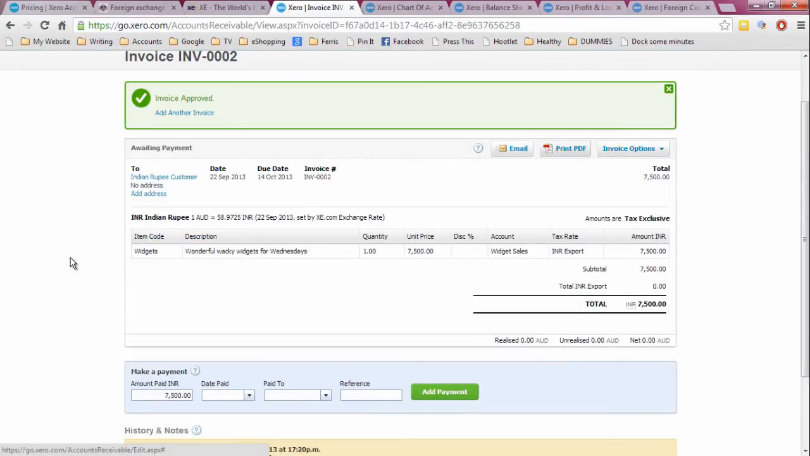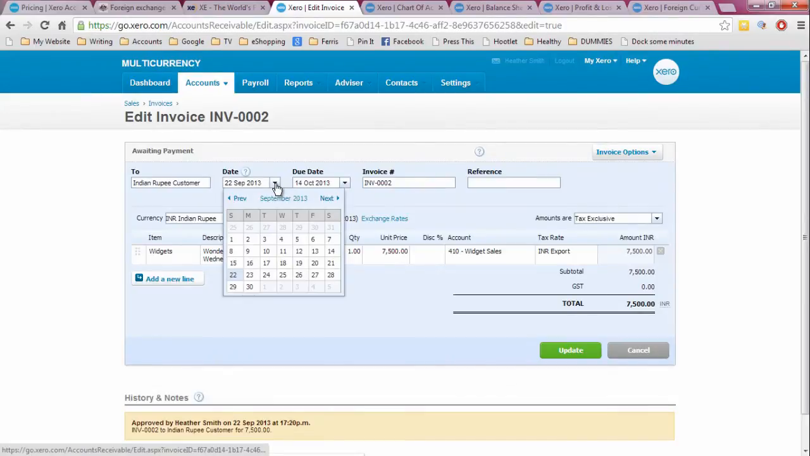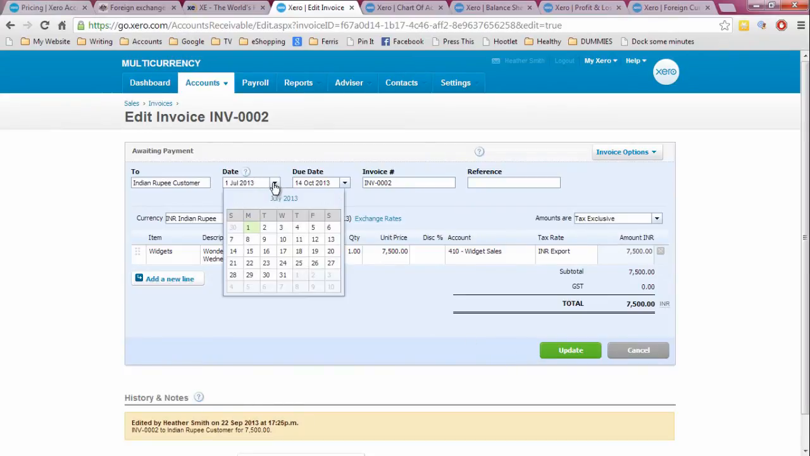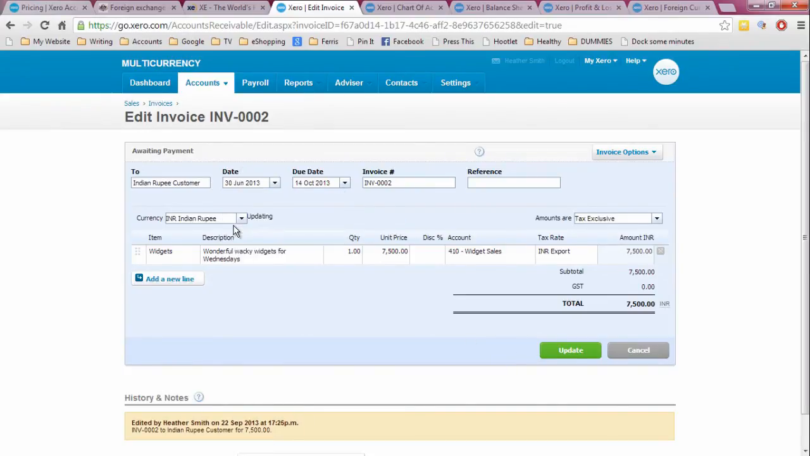So now what I'm going to do is go back to the invoice. Remember, we've got this invoice sitting here, and it's dated, for me, today's date, the 22nd of September. I'm going to backdate the invoice. I'm going to pop into invoice options, click on edit, and backdate the invoice to the 1st of July, the first of my financial year. I'm changing the date to the 30th of June, and you can see that that has fed in with an exchange rate here,